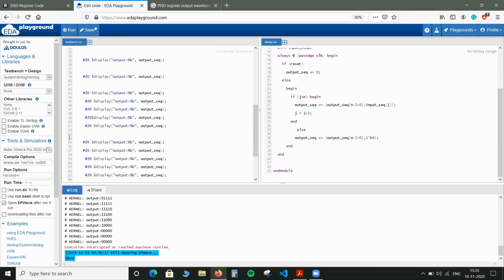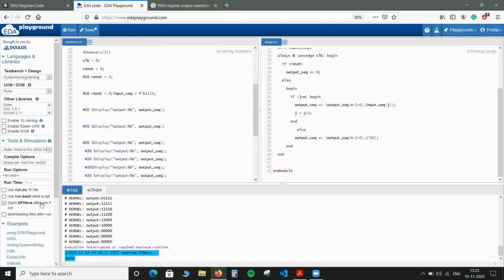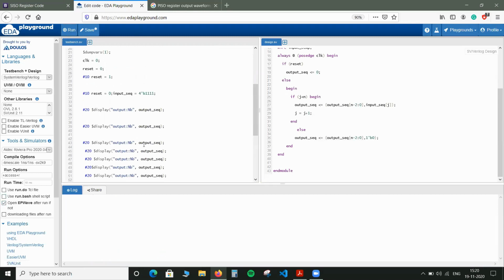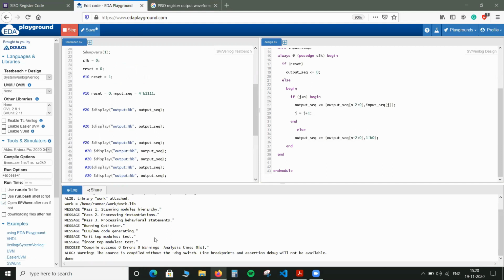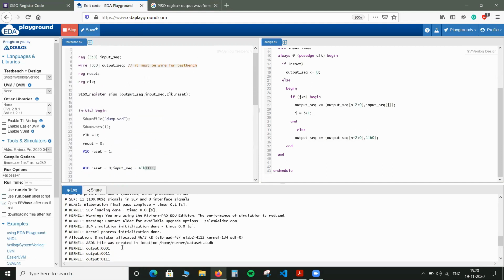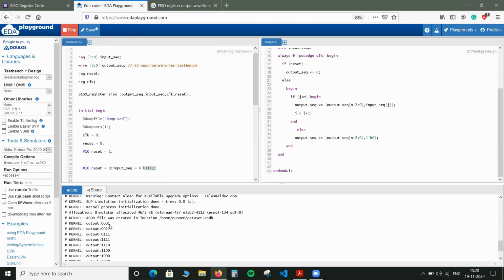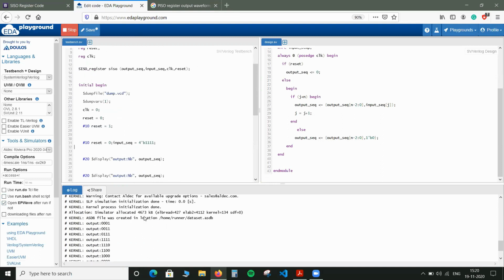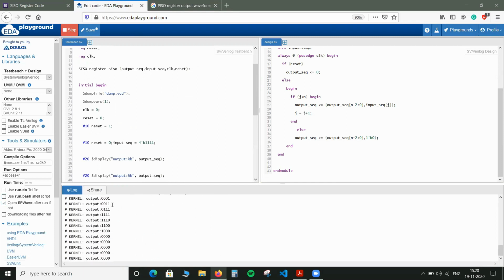Here also we select the same tool and open EPWave. Let's run this code. As you can see, we give the 4-bit input as 111. Here you can see we are getting the output. In SISO, the serial-in and serial-out fashion will follow. You can see the first bit is stored first, then the next bit, then the third bit, and after all 4 bits are stored in the 4 flip-flops, the output is generated.